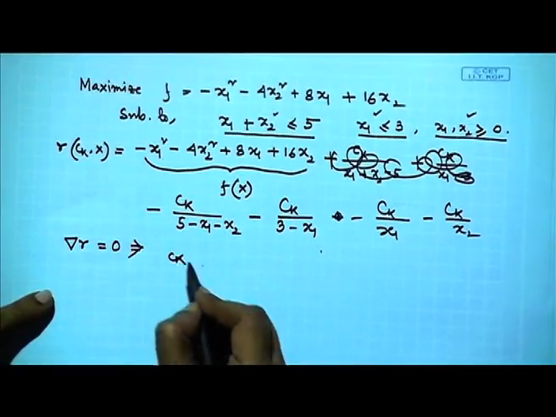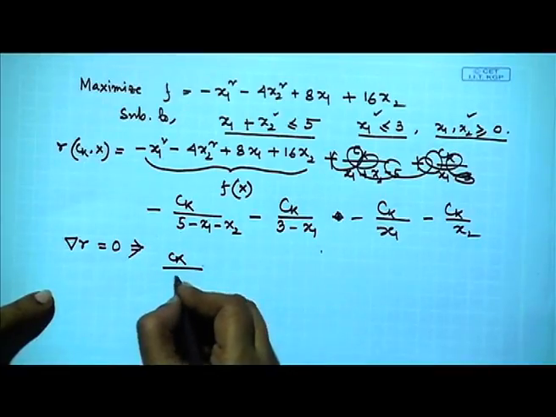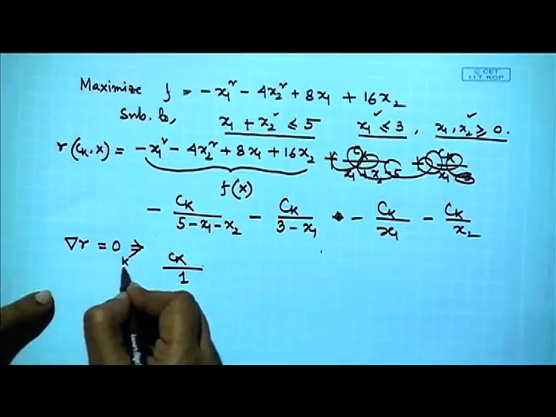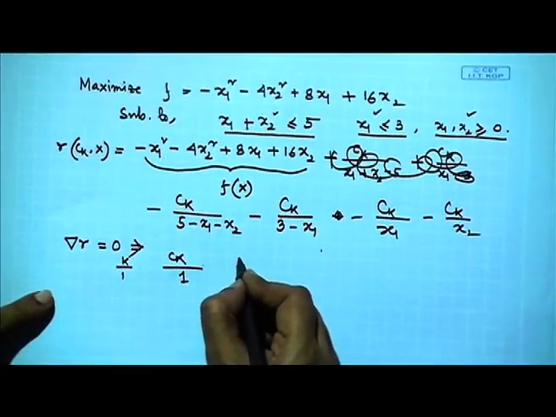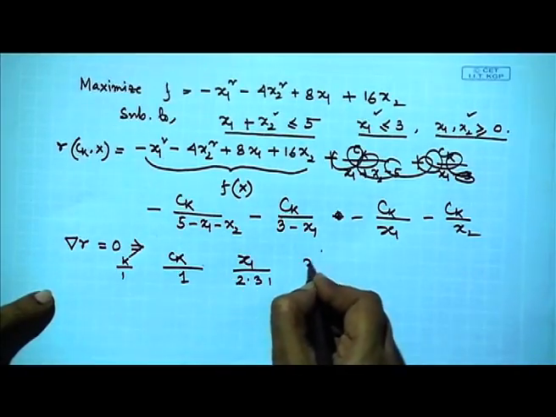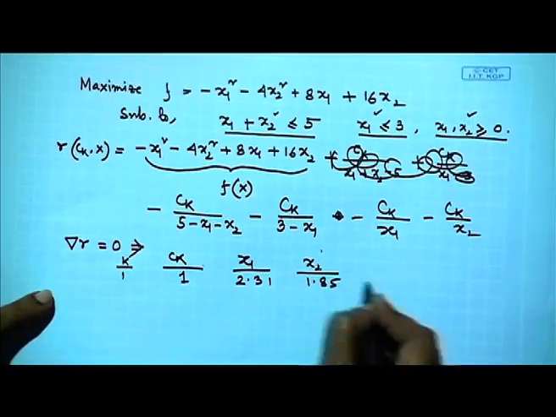We are starting from the point 1, 1, that is why we are considering ck as 1 in the first iteration, k equal to 1. We are considering ck equal to 1, we will get x1 as 2.31, x2 as 1.85,